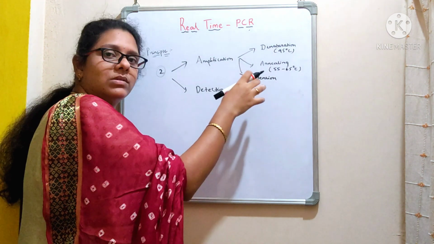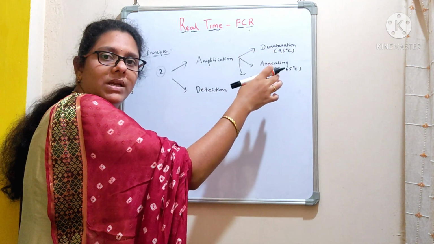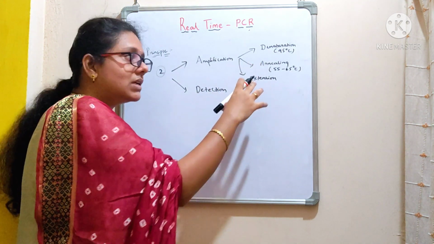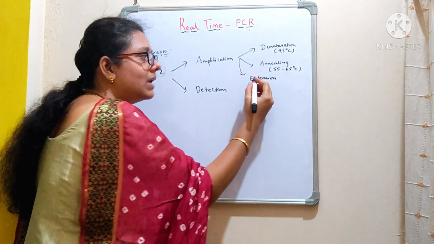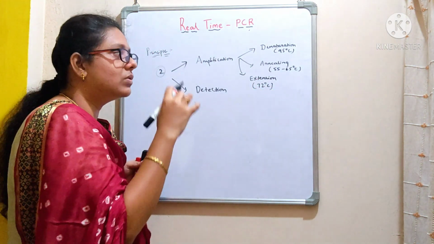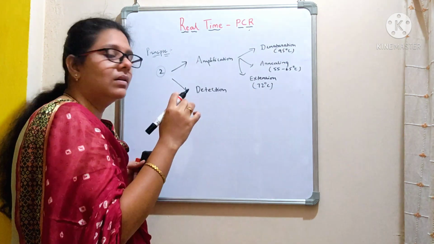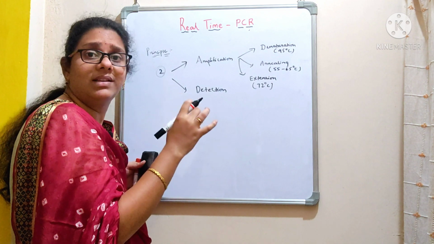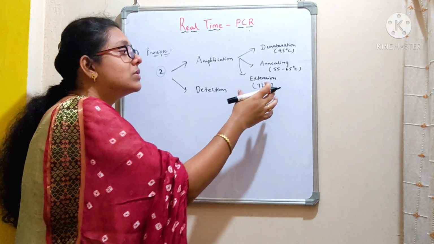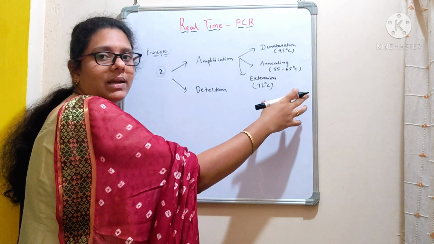Once the primers bind with the DNA sequence, then the DNA polymerase, we usually provide Taq DNA polymerase, which is resistant to that temperature. We maintain a temperature of around 72 degrees centigrade. These Taq DNA polymerases were isolated from an organism called Thermus aquaticus, which is a thermophile, which can withstand high temperatures, right? So this DNA polymerase will synthesize the DNA.